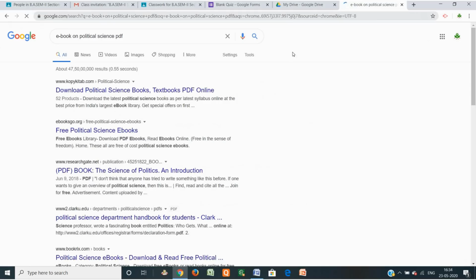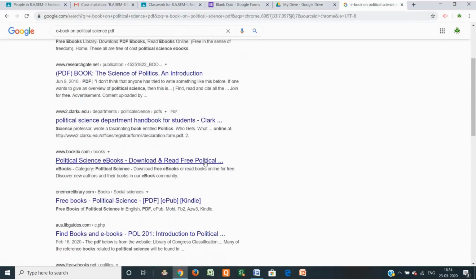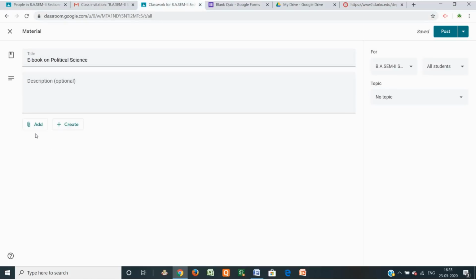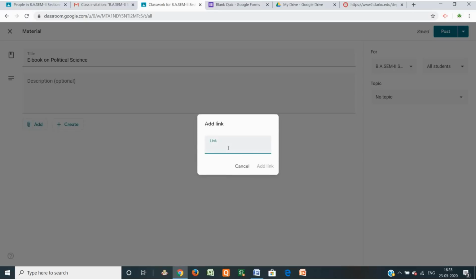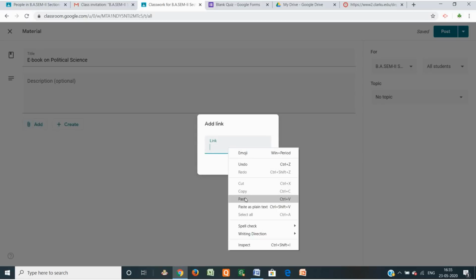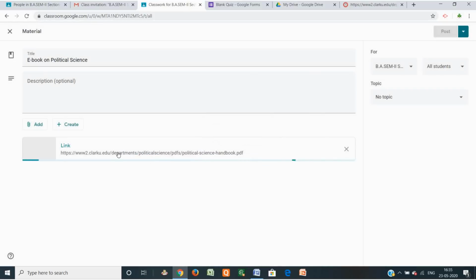Just read it before submitting, and suppose you want to submit the book, suppose this is the book, click here, and after clicking here just copy this link and go in the Google Classroom, ebook on political science, add link and just paste it, add link. So this PDF book is attached here. Student can read that book also, and it can be used as a material. So this is another way, and just post it.